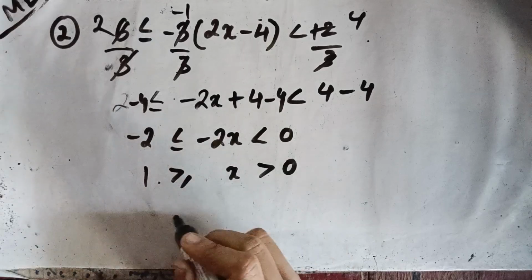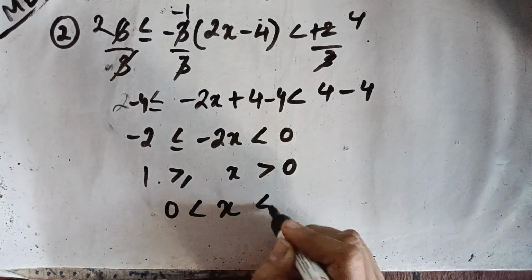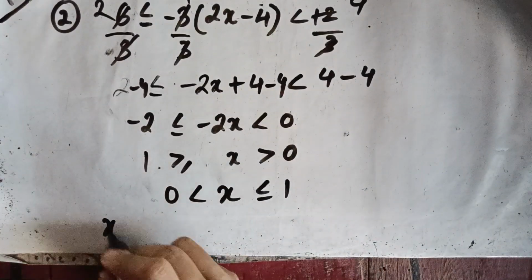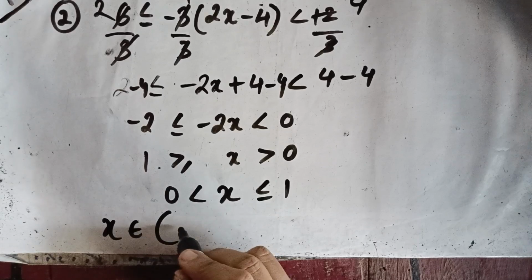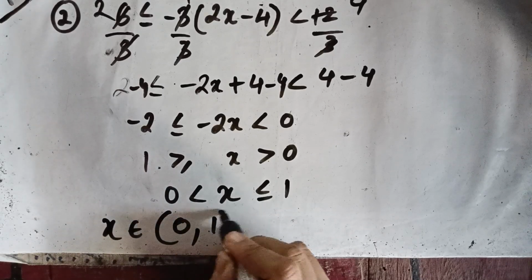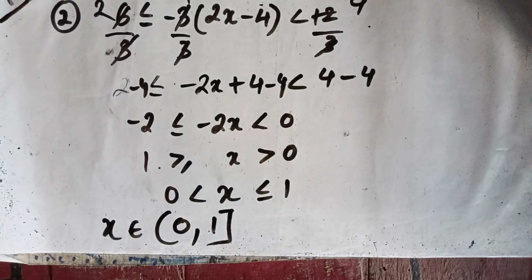Okay, so 0 is less than x is less than or equal to 1, so x belongs to open interval 0 and closed interval 1. Okay,